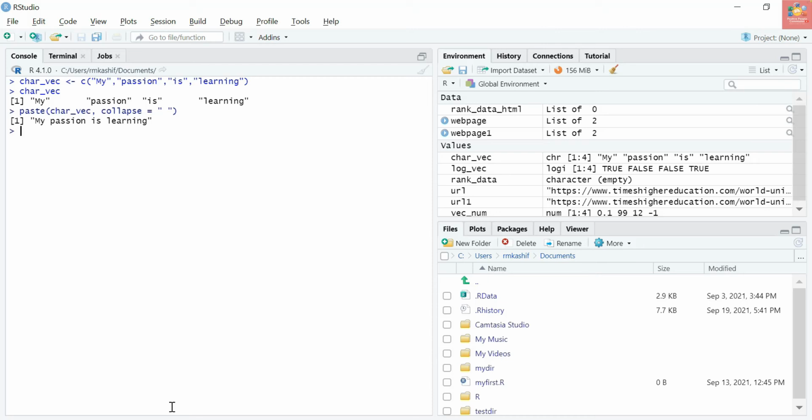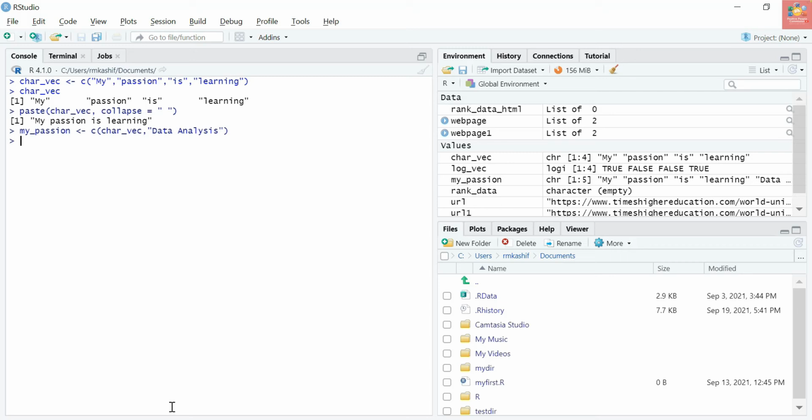For example, my_passion, and I will assign it to the existing vector, and I will add another argument, data analysis. And if I print it, I can use paste to readjust it, and collapse with a single space, so it looks a bit better now.